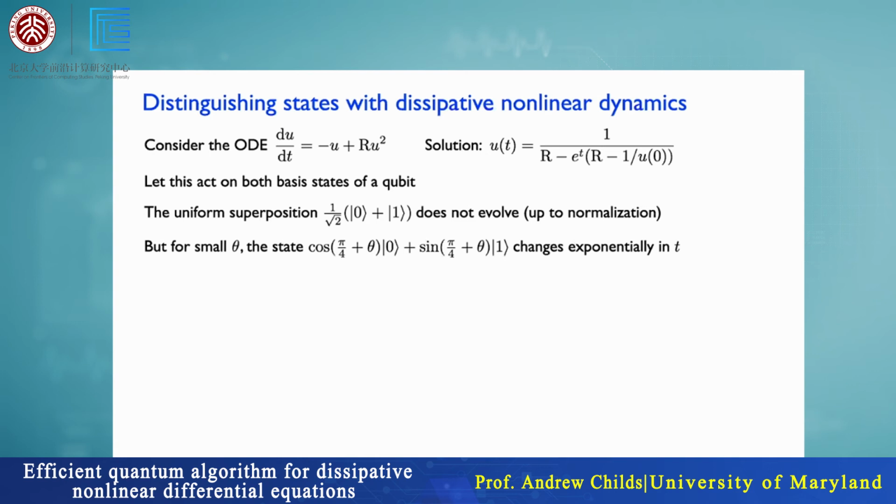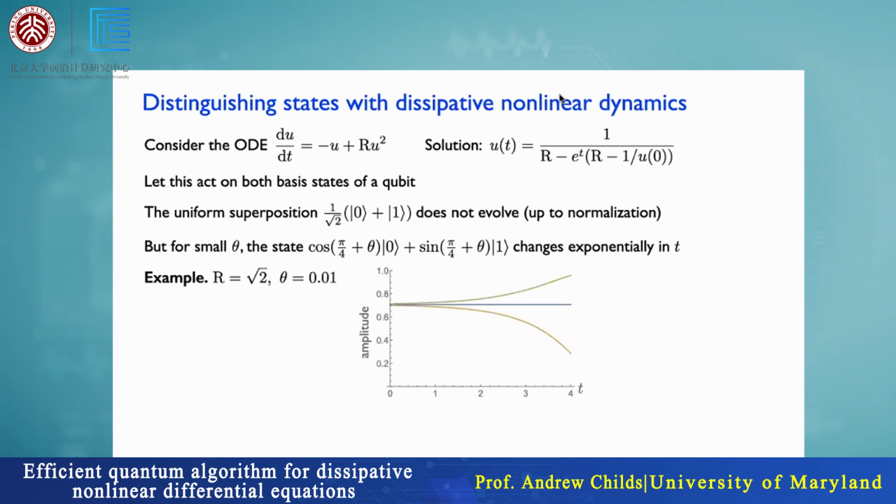It's going to remain proportional to the plus state. But on the other hand, if we tip a slight amount away from that state, so we rotate away by an angle, theta, from 1 over root 2, 1 over root 2, then that state will change exponentially in t because of this exponentially changing term in the solution of this differential equation. And so just to show what's happening in some concrete case, here's what happens if we take r to be the square root of 2 and theta to be 0.01. So we rotate away by an angle like 0.01